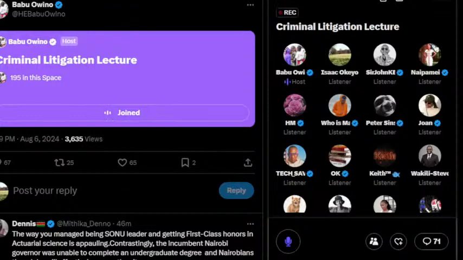Then the next one, the last one, is what we call judicial review. This is the last one, class, so just hang on my lips. Under judicial review, I just want you to know the grounds for judicial review. Judicial review is also done in civil litigation. I'll also talk about it after doing the criminal litigation. I will tell you it is done slightly differently in criminal litigation and civil litigation. They are different, but the grounds are the same.